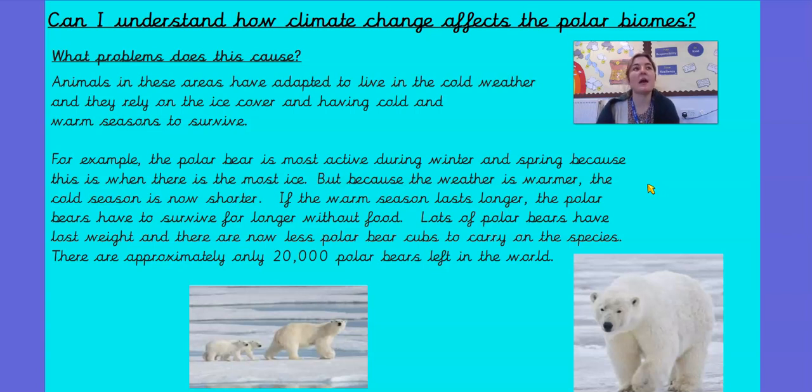So because these gases are going into the atmosphere, it is making the Earth warmer than it would be if we didn't have them. Okay, so when the sun's rays are coming through the atmosphere, we've got all those gases in there as well. So it's just adding to the warmth that we don't really need. Okay, so because of this, it means that cold areas are getting warmer and ice is melting,